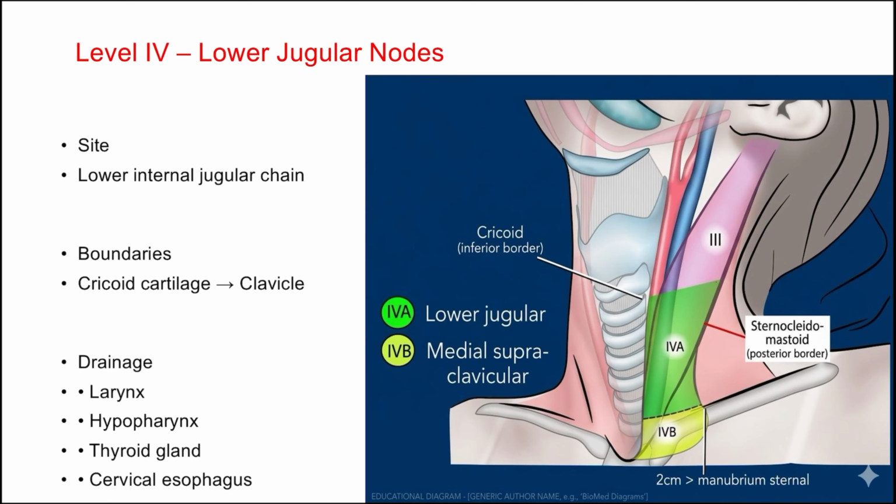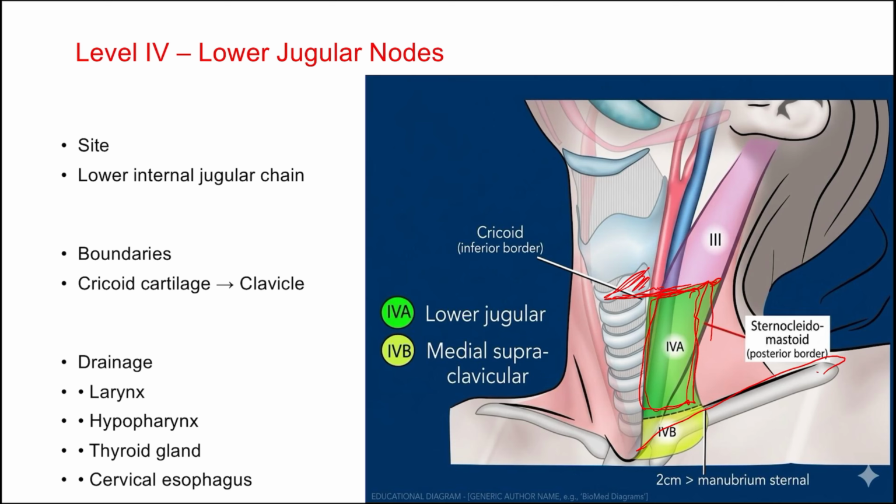Now, level 4 lymph nodes are also known as the lower jugular lymph nodes. The green part is showing the lower portion of the internal jugular veins. They lie along the lower portion of the internal jugular vein, extending from the cricoid cartilage down to the clavicle. So this is the clavicle, and this group of lymph nodes starts from the lower border of the cricoid cartilage. This is the cricoid cartilage,